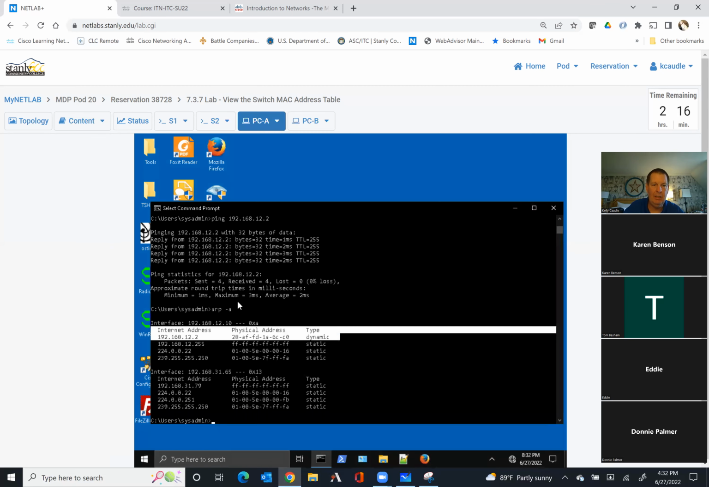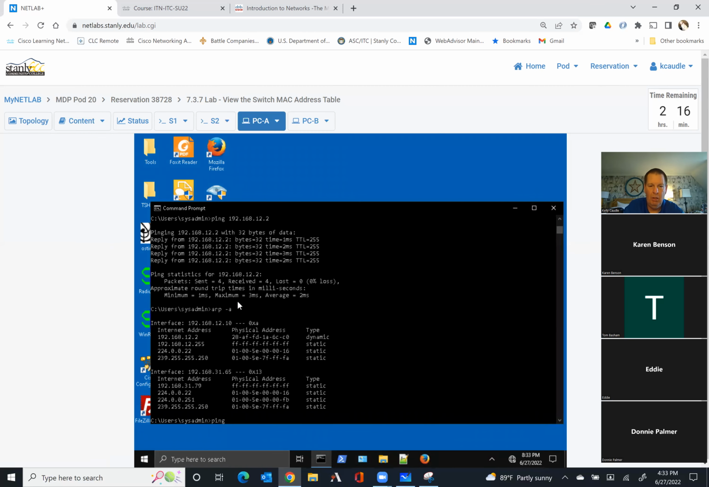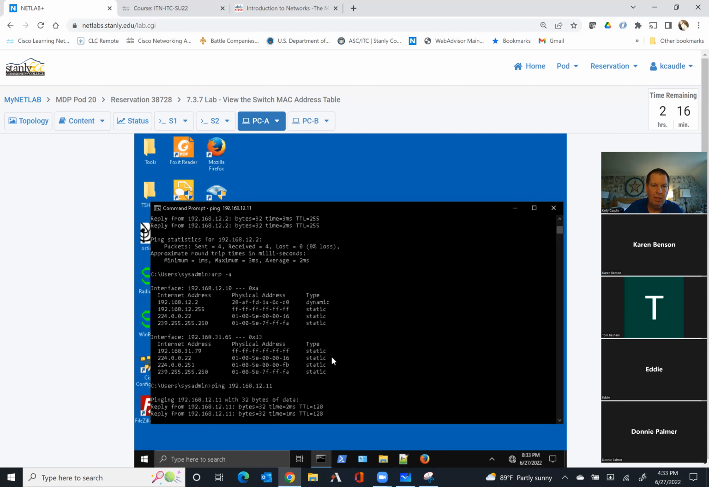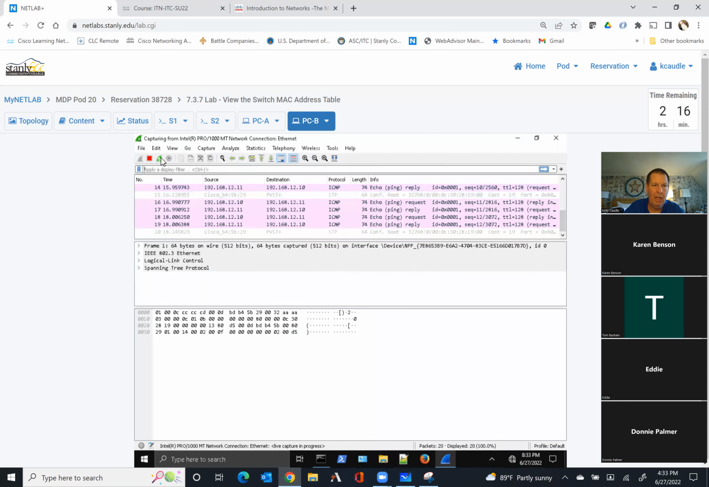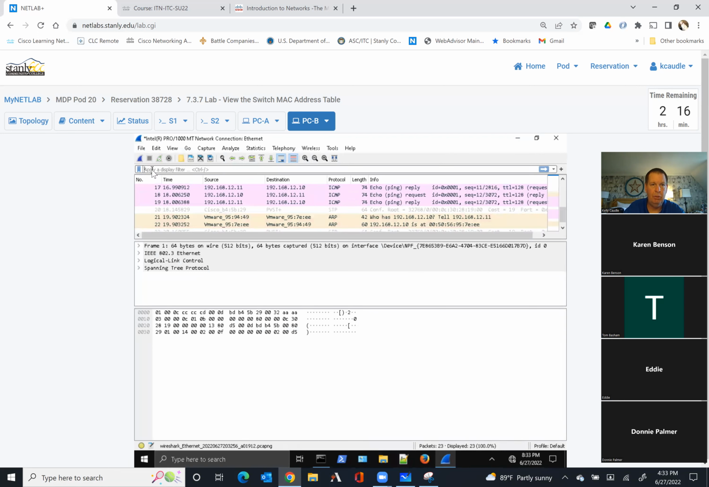Now PCA is going to ping 192.168.12.11, which is the IP address of PCB. Come on. There it goes. So we're getting 12.11. If I go over here and stop this and filter by ARP,